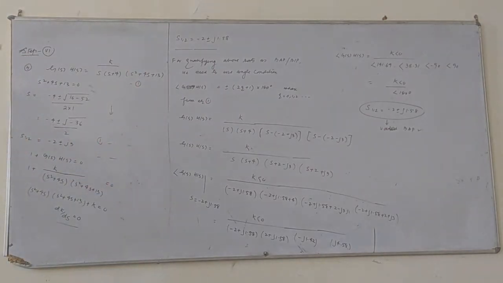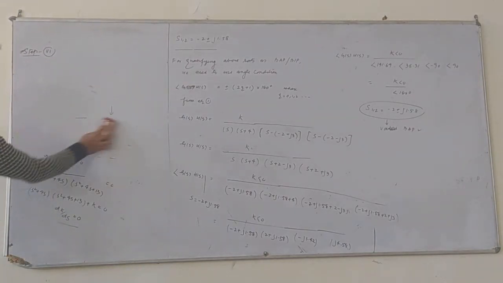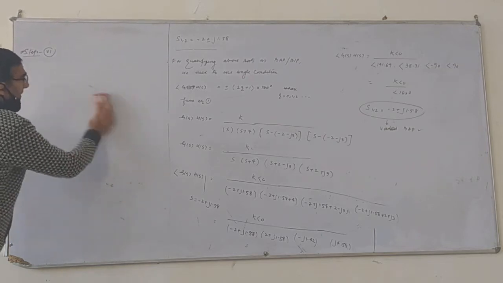The procedure is the same, but this is the way we have to validate. This is the angle condition. Number 2 is if you have to find the magnitude of K for the sake of stability. Let's see where it is marginally stable, where the left half plane is completely stable, and when it is unstable. For that, we have to use the magnitude condition.